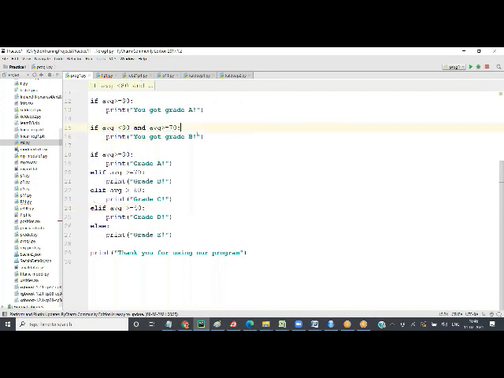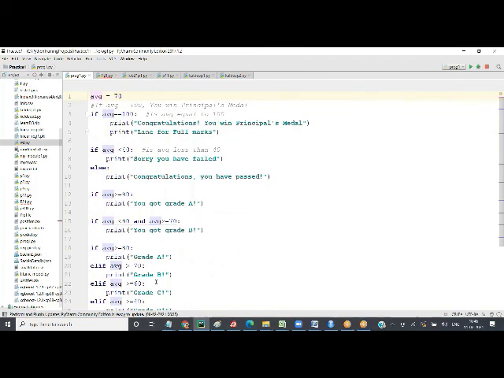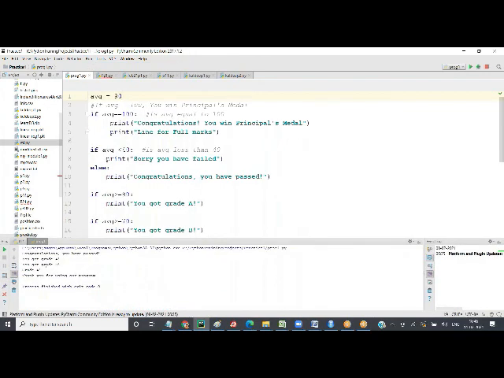For example, I'll show you. If I just say greater than 70 here, and I put marks as, let's say, 90. So what happened? You got grade A, where did it come from?